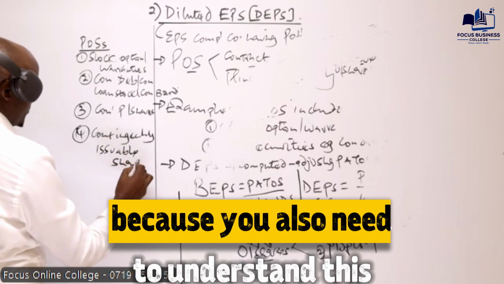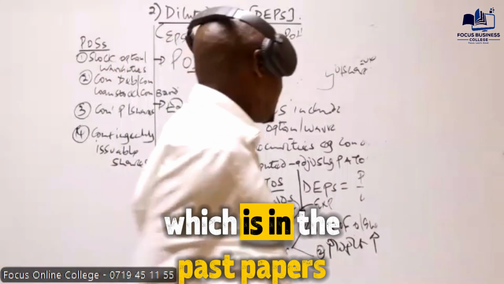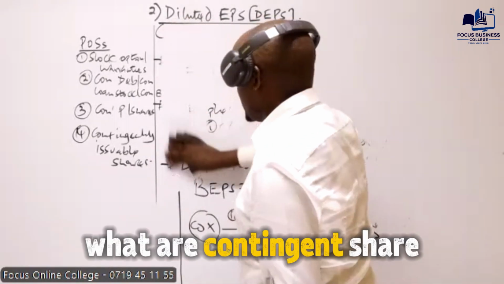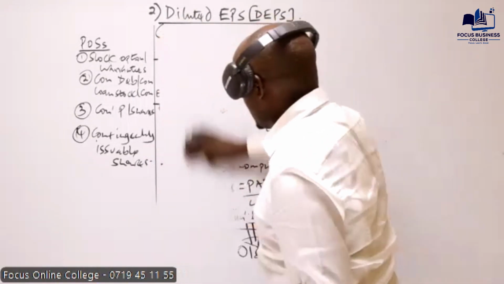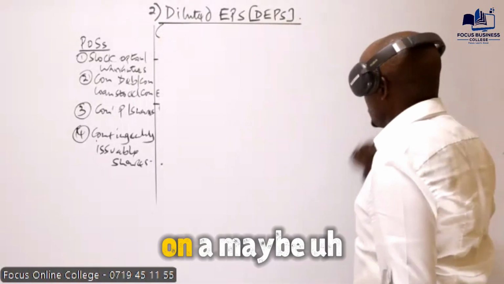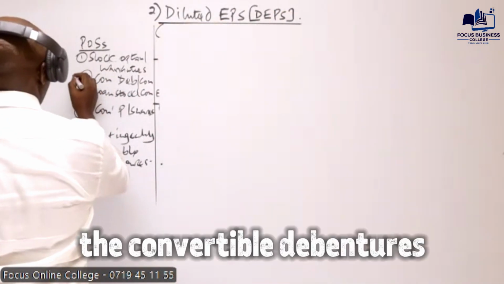Issuable shares, because you also need to understand this. I think there is a theory question in the past papers, whereby the examiner was requiring the candidate to explain what are contingently issuable shares. So let's start by looking at this: the convertible debentures,